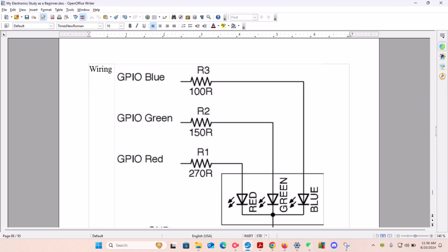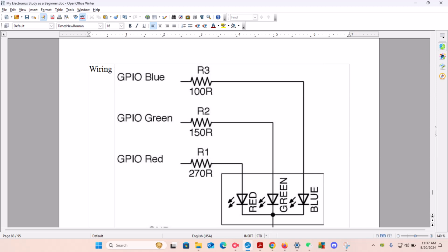And for the third one, it's going to go through GPIO blue, general purpose input output blue, goes to resistance 3, which has 100 ohms of resistance. And then that will go directly from GPIO blue to the resistor, to the diode blue. Okay, so the idea is we come in for each color-coded red, green, blue, they all have their respective resistance